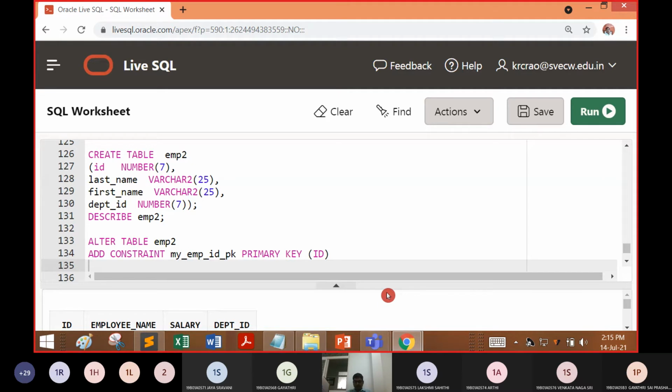Because you want to give it as a primary key. And did you mention the primary key in the main table the first time? Yes or no? Did you mention the primary key during the creation of EMP2? Yes or no?